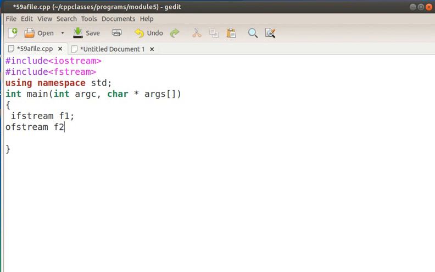I am going to use two pointers for pointing towards two files. And f1.open, I am opening the input file. The file name can be given as test. We have to create this file before execution. So f1.open test. One file is created. Then f1.open test1.